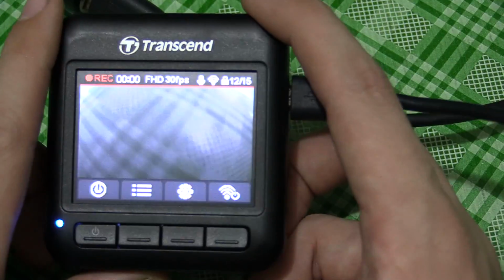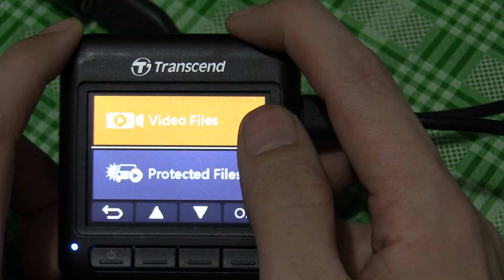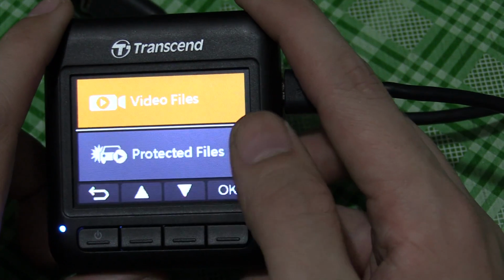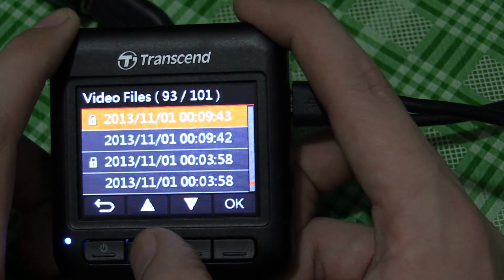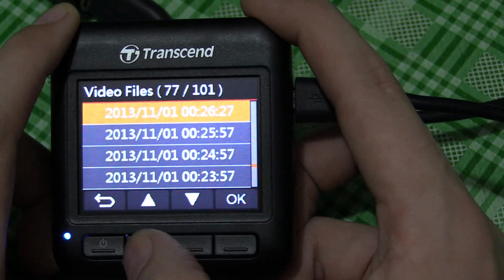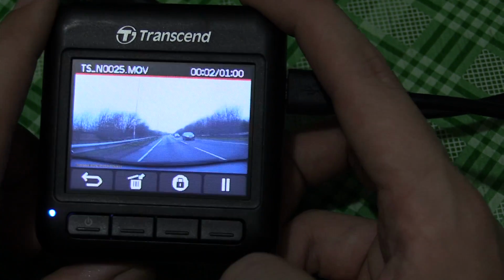So, simple enough. Now if you want to review your footage, you press this button here. You can see you have video files, protected files. Protected files are ones that the G sensor has been triggered. So let's go into regular video files, and I'll just choose a random one. Okay. You can see playback is immediate,